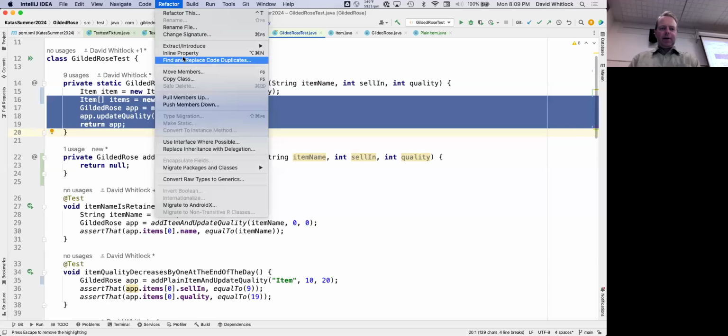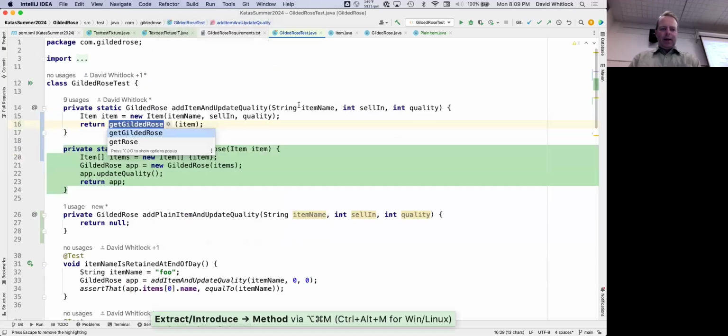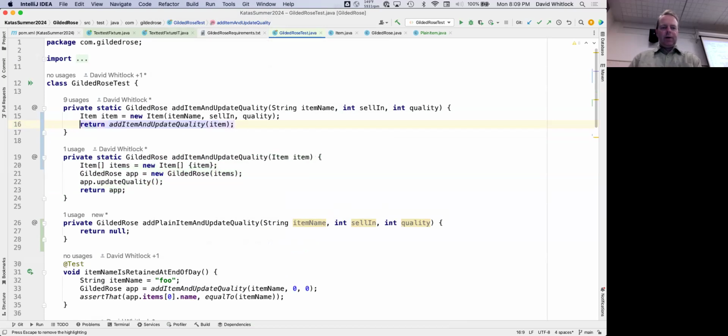So I'm going to extract that into its own method, and I'm going to call it add item and update quality, just for a single item. And actually I'm going to inline. No, am I? Nah, I think this is okay, readable.